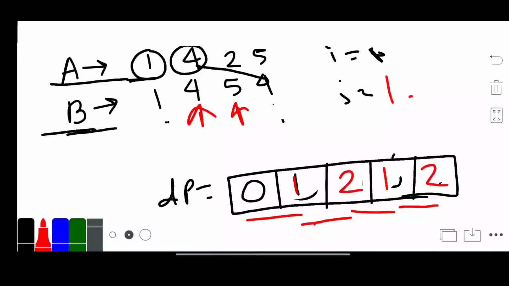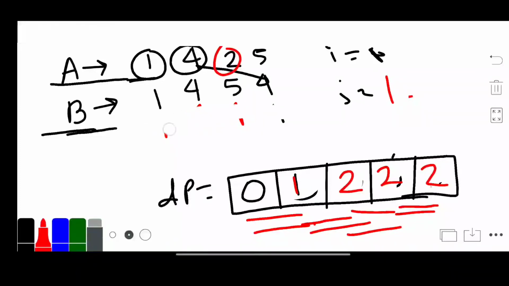And now we will choose the maximum value and update the dp. So 0 1 maximum is 1, 1 2 maximum is 2, and 2 1 maximum is 2. We update this 2, and 2 2 is always updated.